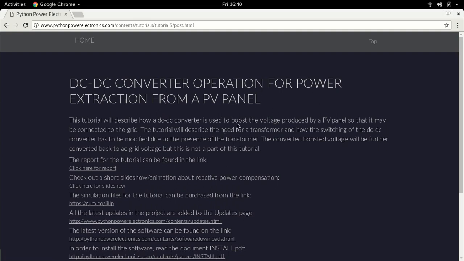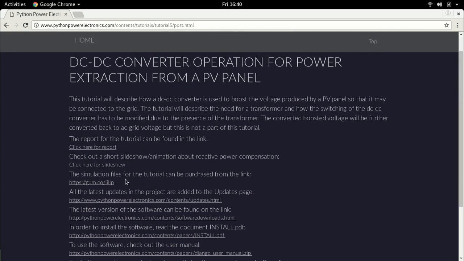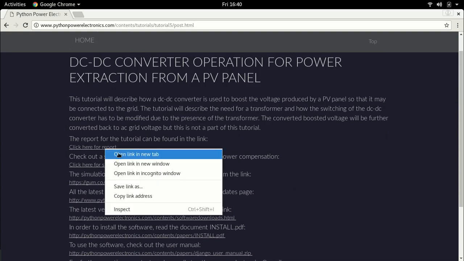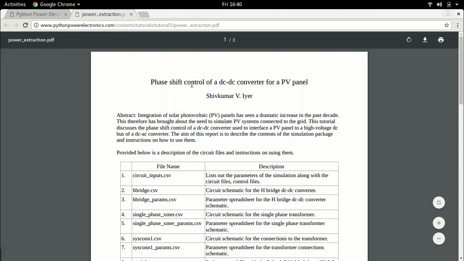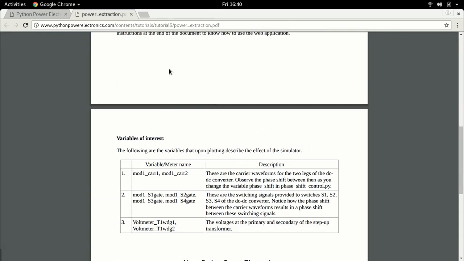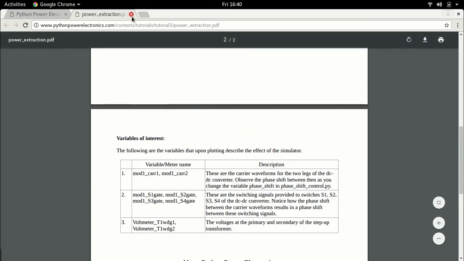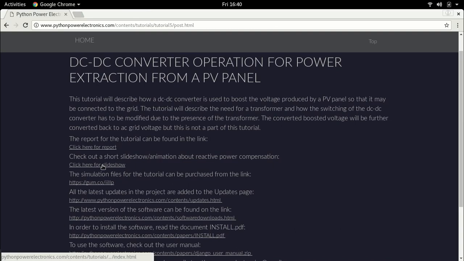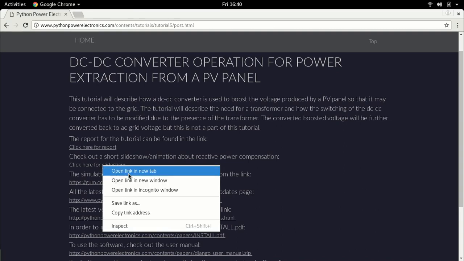So there are lots of links here, you can just go through them. It has a report. I'll click on this, and this report is basically a PDF file which is more or less an instruction manual on how to use the simulation files corresponding to this tutorial. Okay, more on this later. The most important fact is the slideshow or the animation, which is what I'm going to use as a visual for this video lecture. So I'm going to open this in a new tab,